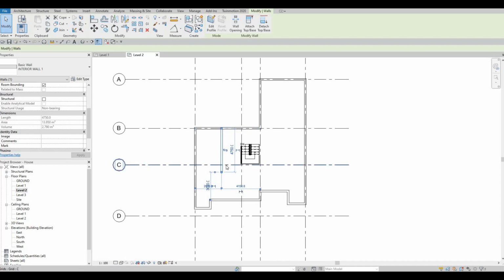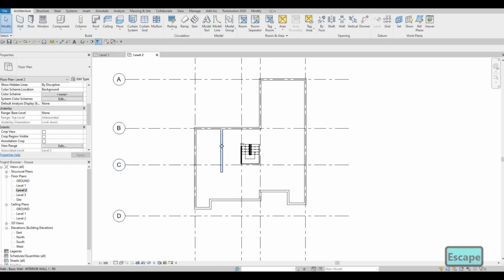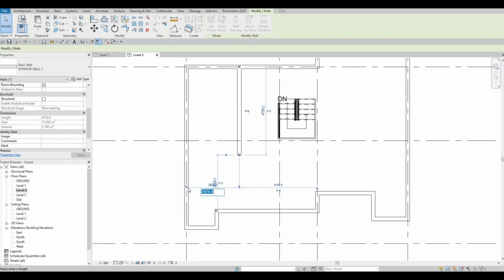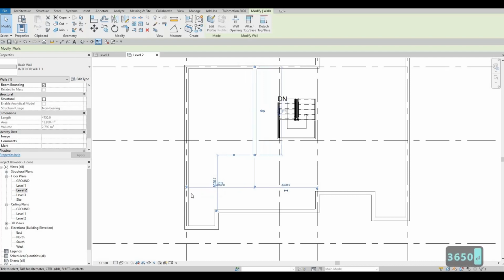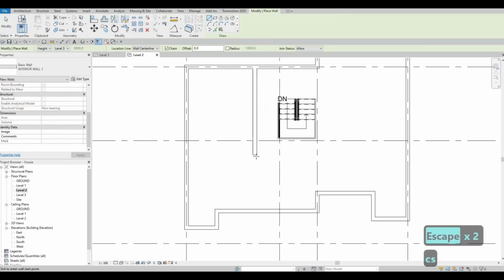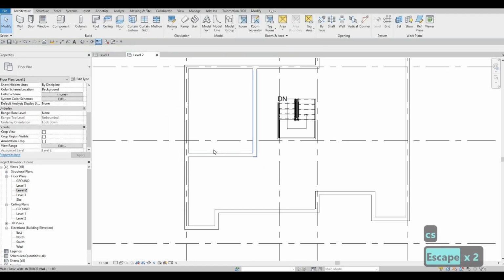So that's the length, and then after that I'm gonna select that again, and then I'm gonna grab it from here. It's saying that this wall from here is 2820. I'm gonna change that to 3650. So now we have our corridor. I'm gonna select this interior wall again, CS, and I'm just gonna close it off. So now this one is our first bedroom,